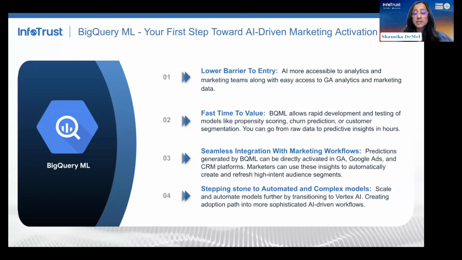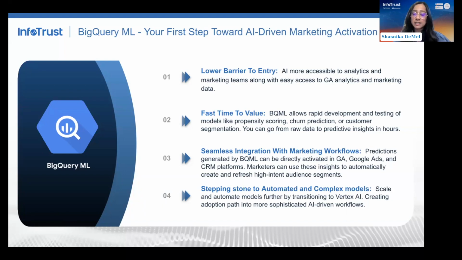It also helps with integration when it comes to native integration with GA4, Google Ads, CRM platforms as well. There are lots of API connectors, lots of features within BigQuery itself that enables you to ingest the data quickly, which means that you can start building your audiences and optimizing your campaigns quickly as well.